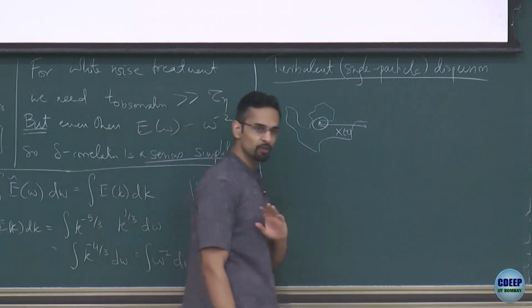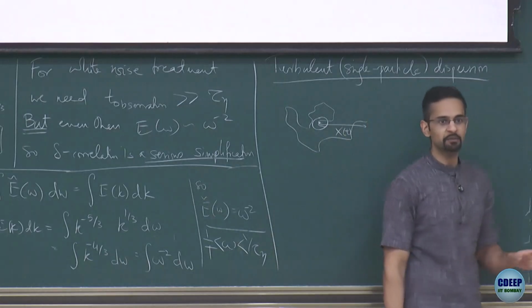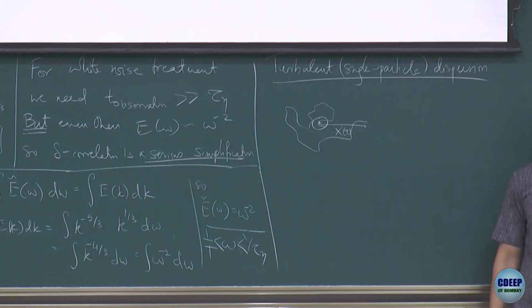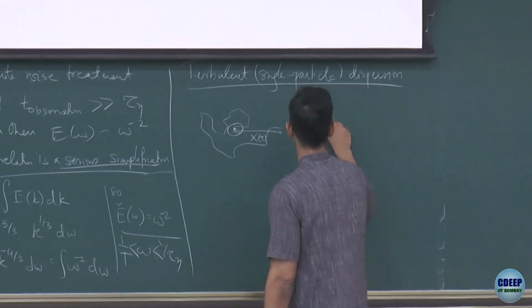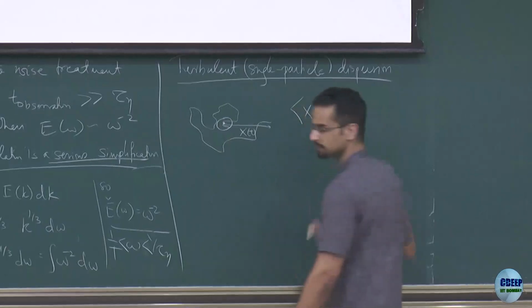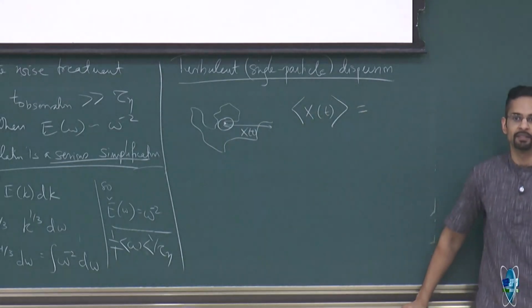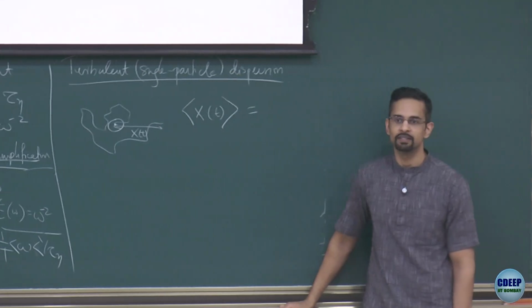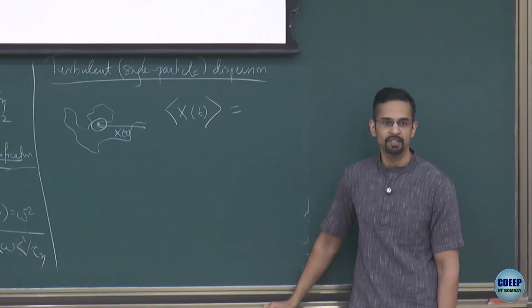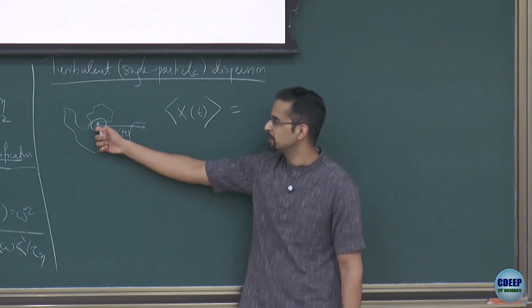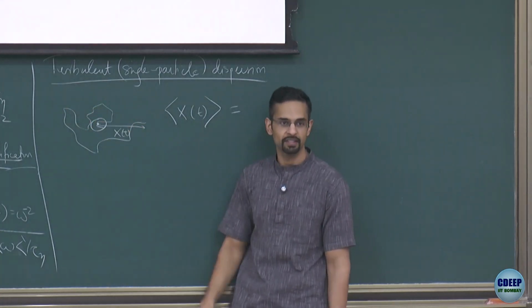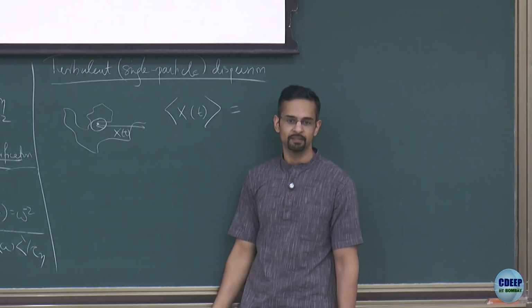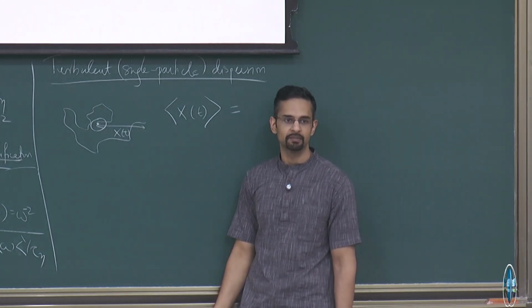And because we are assuming the flow is homogeneous and isotropic, we'd expect that the mean position should be what? Right? What would be the mean x? Why? It's homogeneous flow, no? What is the mean position? If I start here and I wait for some time, maybe one particle will go there. But if I do another realization, why should it go there? It will go somewhere else. So what will be the mean?